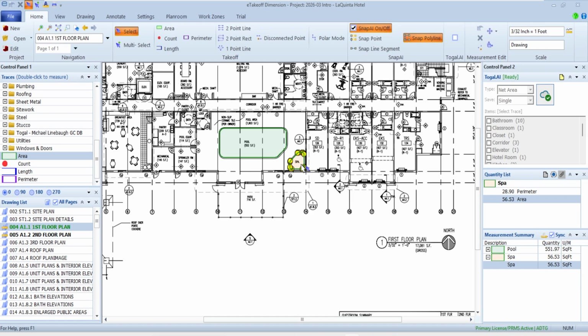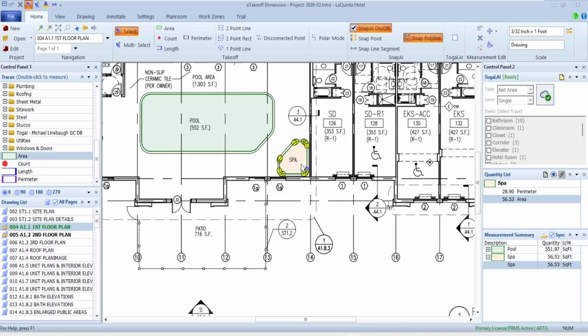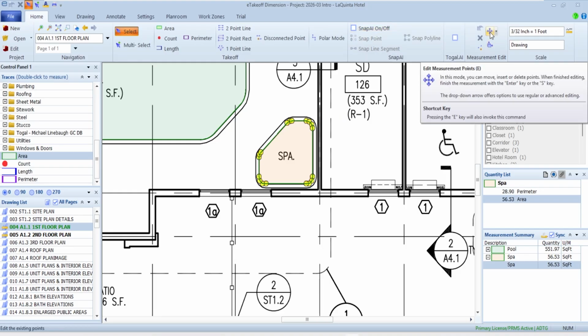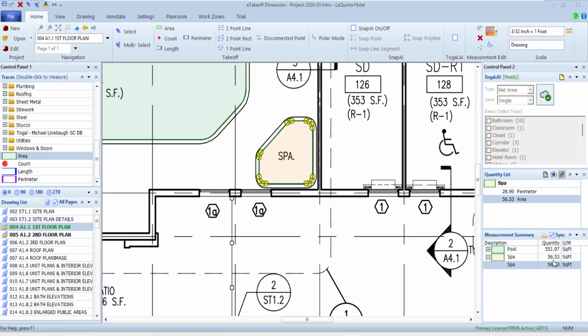With that same thing, what if I made changes? So if I take a look at this spa a little bit, and let's say I'm going to turn off Snap AI so it doesn't start trying to help attach to other lines. I'm just going to move a few points here. Let's say I had 56 square foot of this spa, and I'm going to move it around a little bit to change my quantities. So let's say they're proposing this spa is going to be a slightly different shape for some reason. I'm going to say that's enough there. So I went from my 56 square foot to 76 square foot.